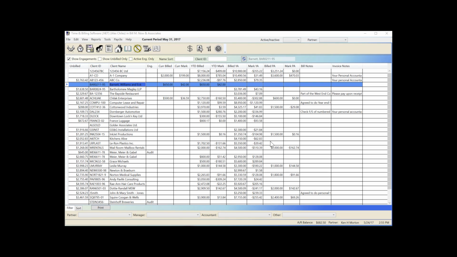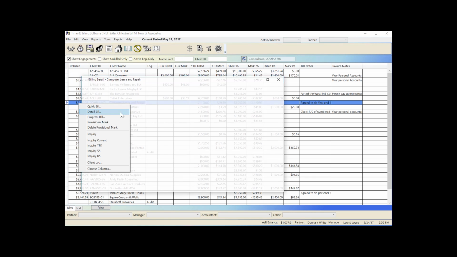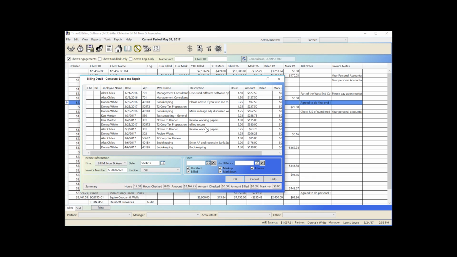So now let's go and look and see how we can do an invoice where we pick and choose what lines of WIP to bill. So I'm going to choose computer lease, and I'm going to right click, and this time I'm choosing detail bill. You'll notice that in the detail bill screen we can see all the lines of WIP for this client that are not yet billed. We can select all of them, some of them, and what might make it easier in selecting is putting the WIP in date order or maybe even work code order,